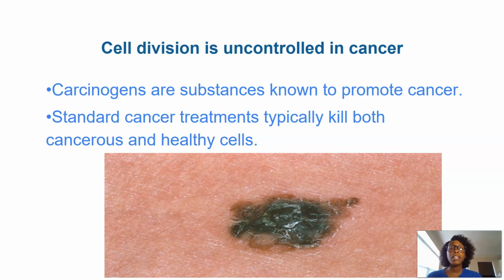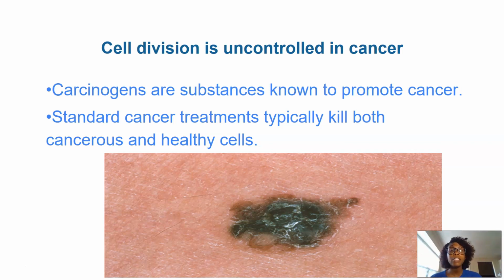So there are ways that you can stop the growth, and then there are ways that you can promote growth. We have carcinogens, which are substances that are known to promote cancer. A good example I like to use is charcoal. When we are barbecuing our food, charcoal is a known carcinogen that promotes the growth of cancer. Just knowing what a carcinogen is and how it can promote cancer, especially if you're at higher risk through genetics, is very important to know.